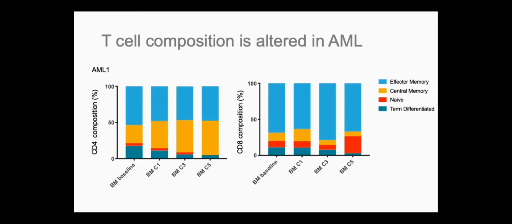We could also look at this T cell composition over time. So again, this is one AML patient sample that we tracked from bone marrow at baseline to C1 to C3 to C5. And what we found, interestingly, in both the CD4 and CD8 T cells, was the elimination of the terminally differentiated, as well as in the CD4 case, the naive T cells over the course of treatment. Again, whether this is due to the hypomethylating agent or the anti-PD-L1 is unclear, but it's something